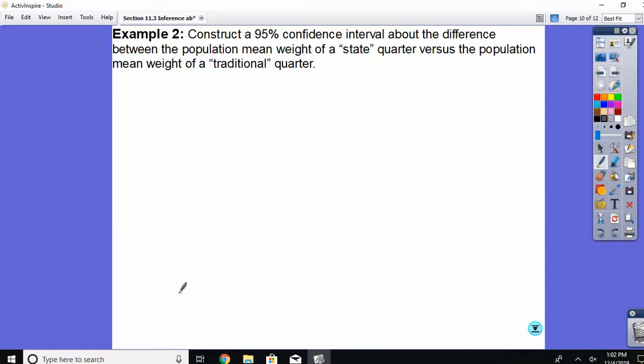We need a lot of the information, but we've already calculated most of this. The one thing that I need to gather, though, is my t alpha over 2. Since I'm talking about 95%, my alpha is 0.05, so this is t of 0.025. We had how many degrees of freedom? 15. So, going from your t distribution table, 15 degrees of freedom, 0.025 gives us